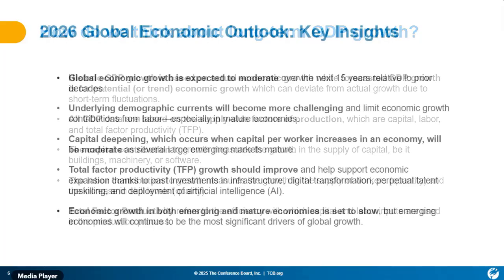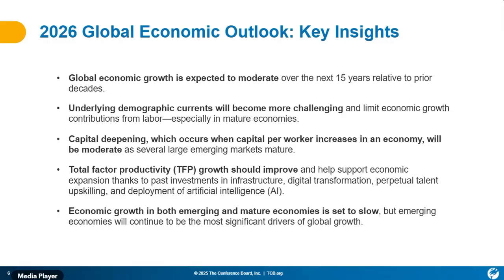In terms of our takeaways for this year, they're very similar to the takeaways from last year in many ways, but they also are a little bit different in key ways. Overall, we continue to expect a moderation in overall global GDP growth through the end of the 2030s. That hasn't changed from last year in terms of our projections. We continue to forecast a slowdown. A lot of this has to do with demographics and the labor contribution. There are large structural changes happening in demographics worldwide. It's more acute in some economies than in others.